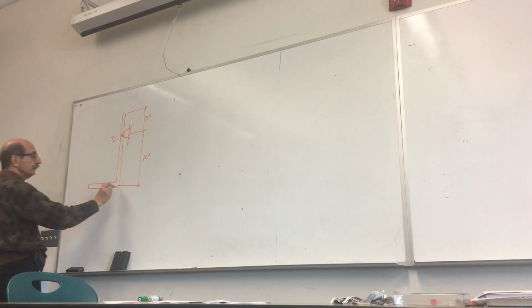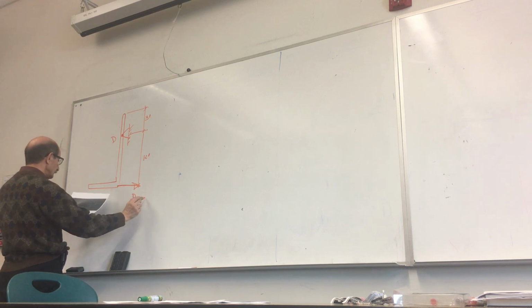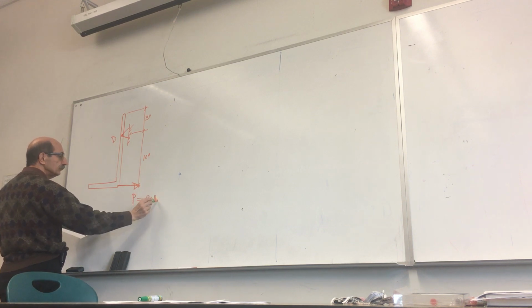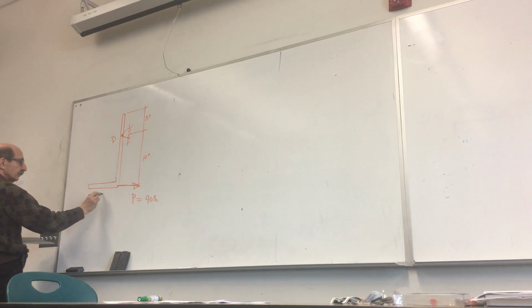At this point, it is subjected to a force P, which is given as 90 pounds. Obviously, this structure is not stable, so we will attach, and this is, by the way, 7 inches,